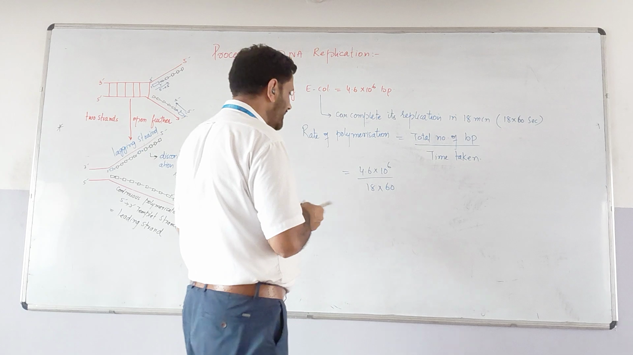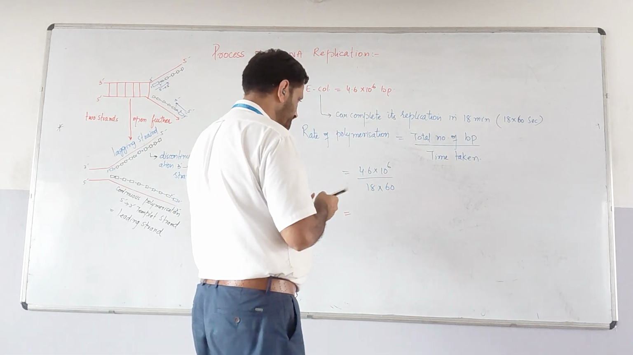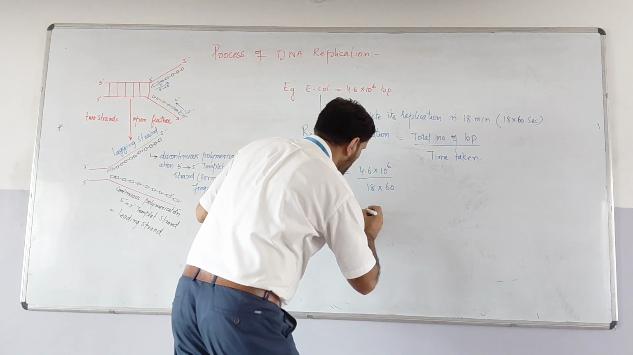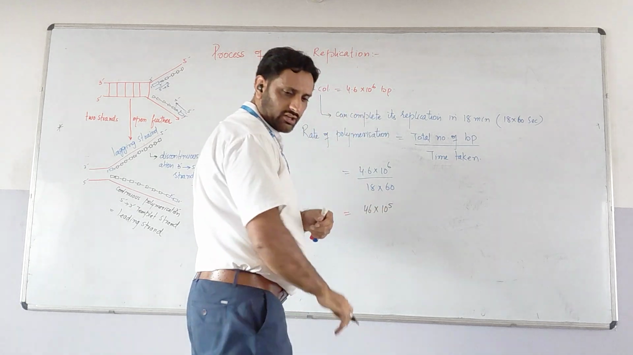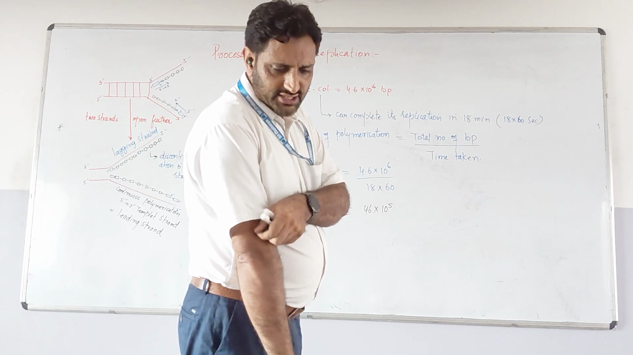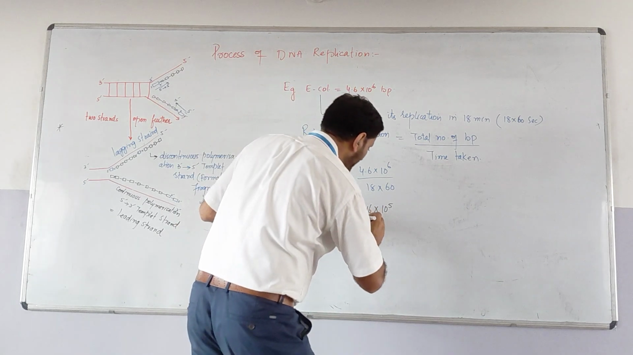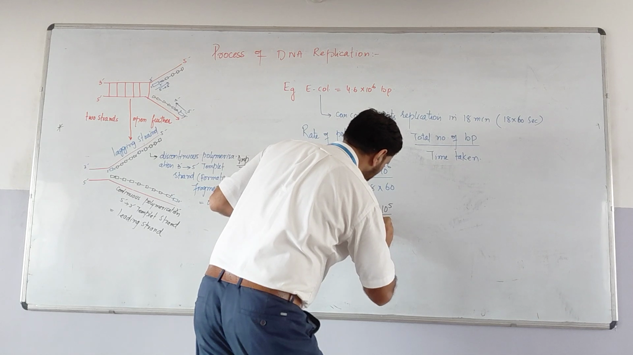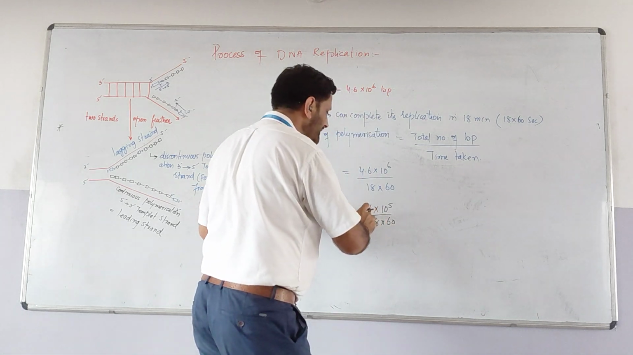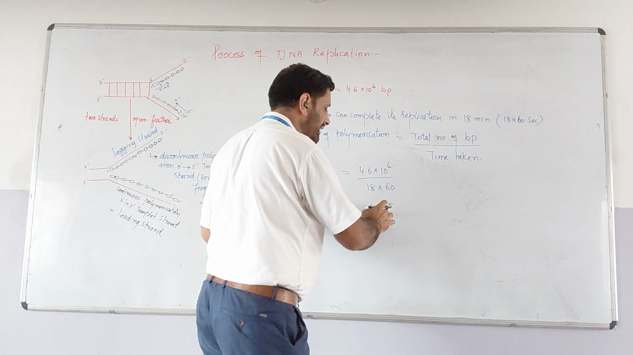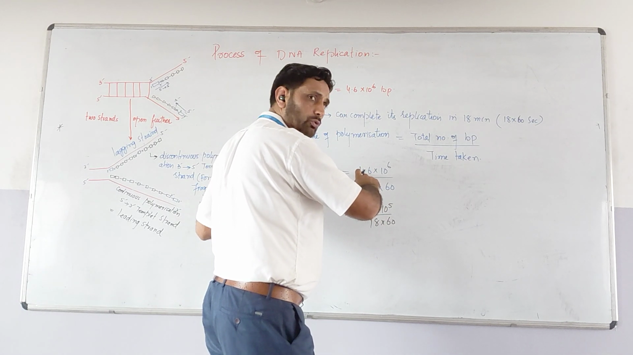Now let me simplify like a math sum. It will be 46 into 10 raised to power 5 first. Is this clear? Divided by 18 into 60. Why is it 46 into 10 raised to power 5? Because I have just removed this point. If we remove this point, then